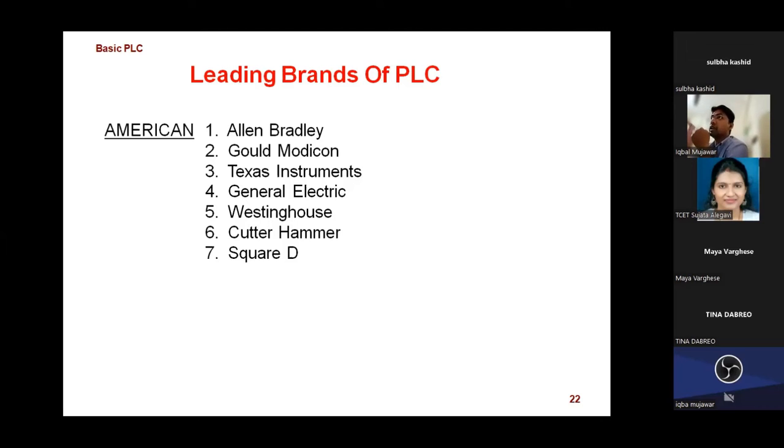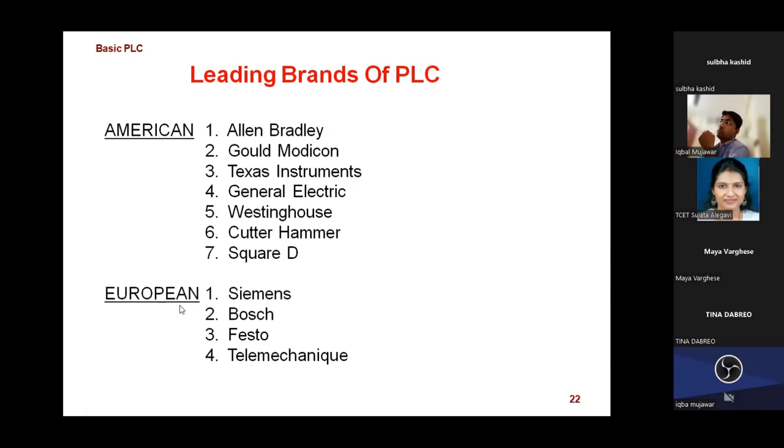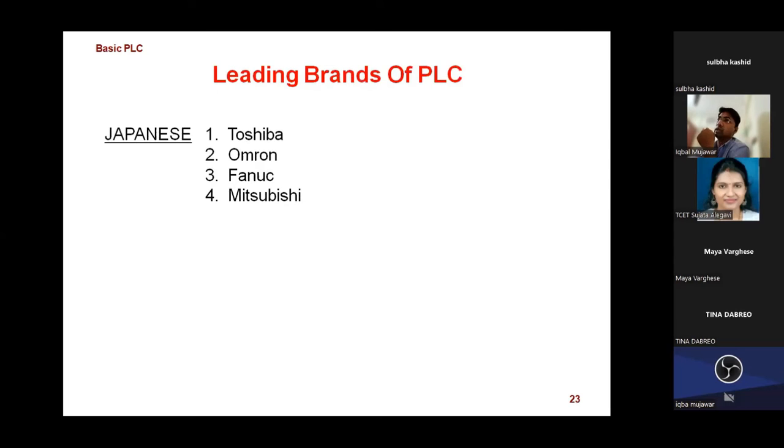Square D, General Electric, lots of companies are there. If I'm talking about European companies, Siemens is very popular, Bosch, Festo. These are some popular companies which manufacture PLCs. Plus Japanese companies are also there, like Toshiba and Mitsubishi, which are more popular for making PLCs. These are the leading brands.